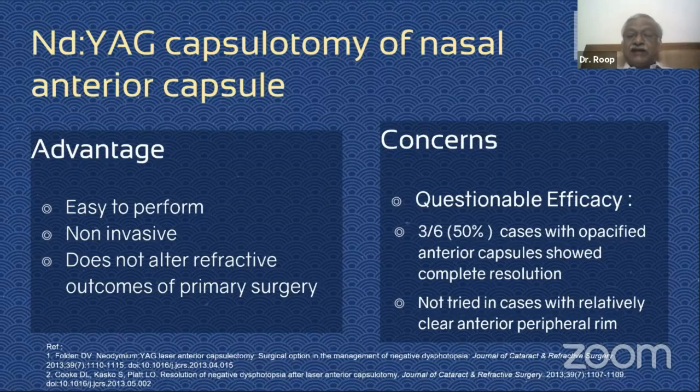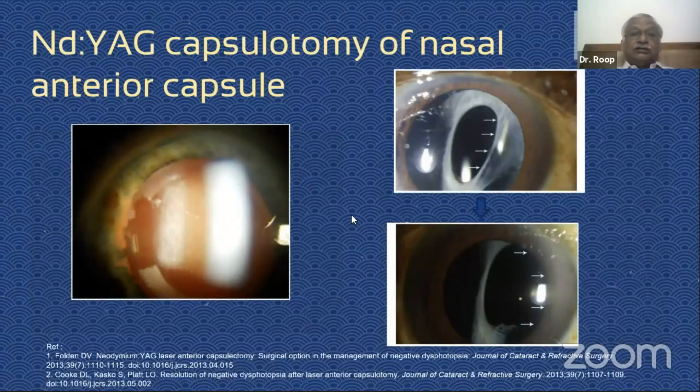And it has never been tried in cases with a relatively clear anterior peripheral limb, which we now, in modern day surgery, most commonly see. So the reports are of capsules which were really thickened, with CCC fibrosis. So I don't know really if it was the negative dysphotopsia or real constriction of the field by so much fibrosed capsule. So that's why this modality as a treatment of negative dysphotopsia has really not